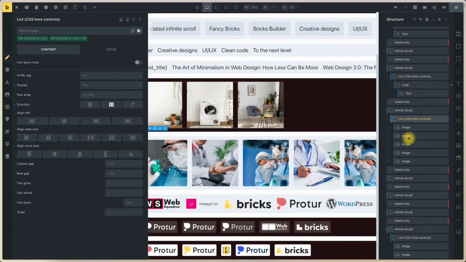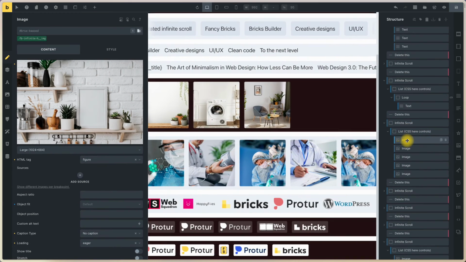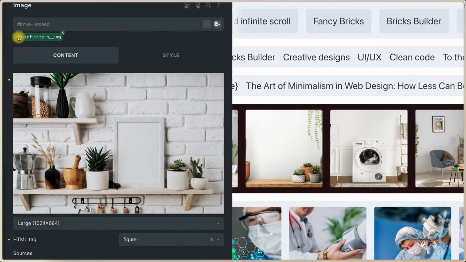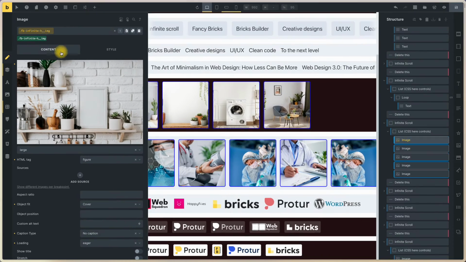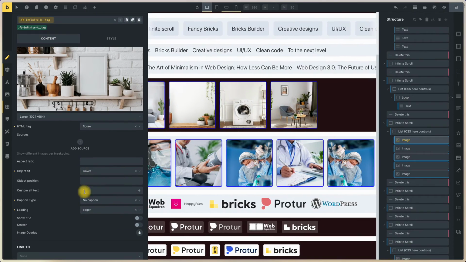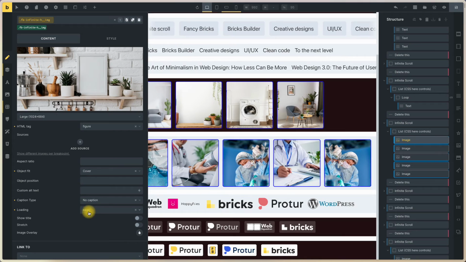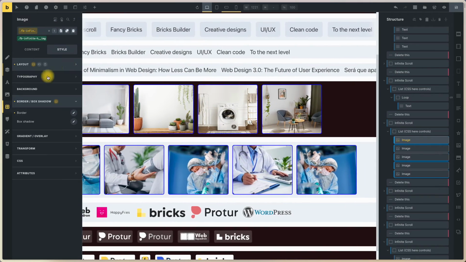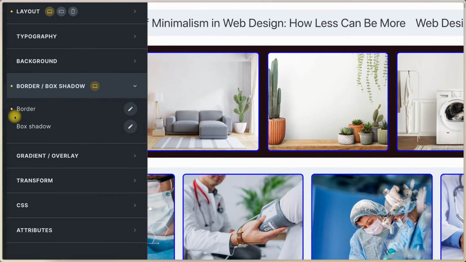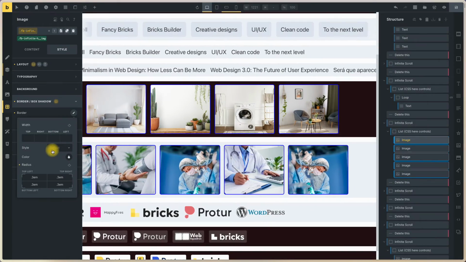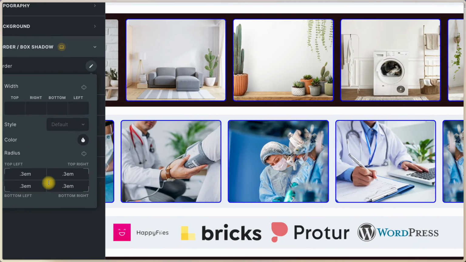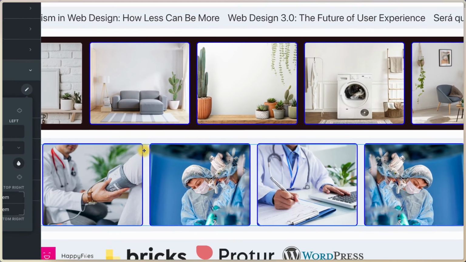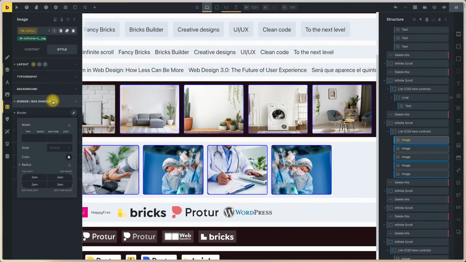The image is the same way, only that in the image, click on the image and click on the class. This cover eager is very important: you set loading eager, and style. This is the border. You can change the border for the image. If you change this border, all images will change the border. This is the border radius, and now